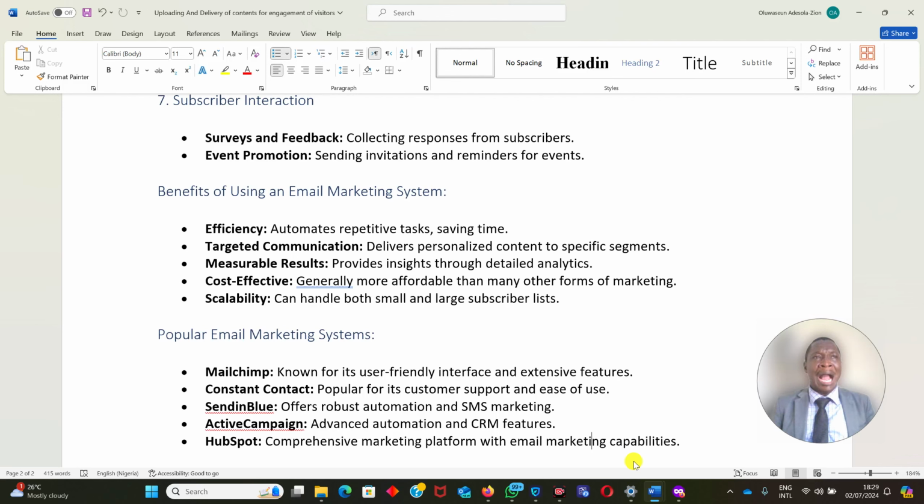But the one I want to teach you will be very cost effective. All of these I've mentioned, you have to pay for them, and you have to do so many settings. Some of them you have to visit your control panel and put in some TXT records and so many configurations before they can work. But this one I want to teach you now will be very seamless. You will be able to control it and get your way around it.